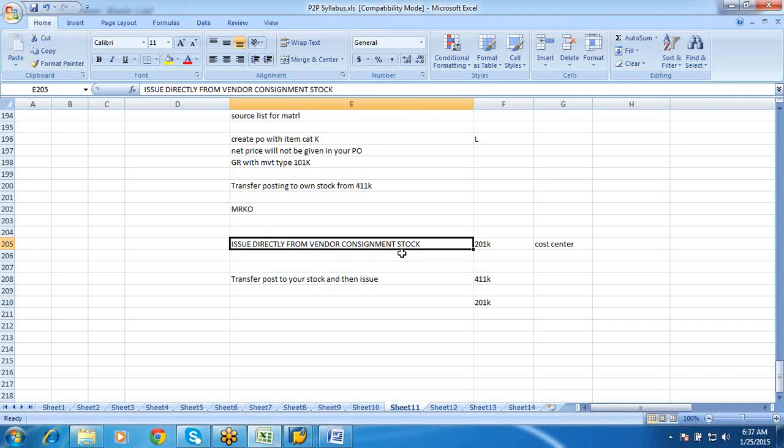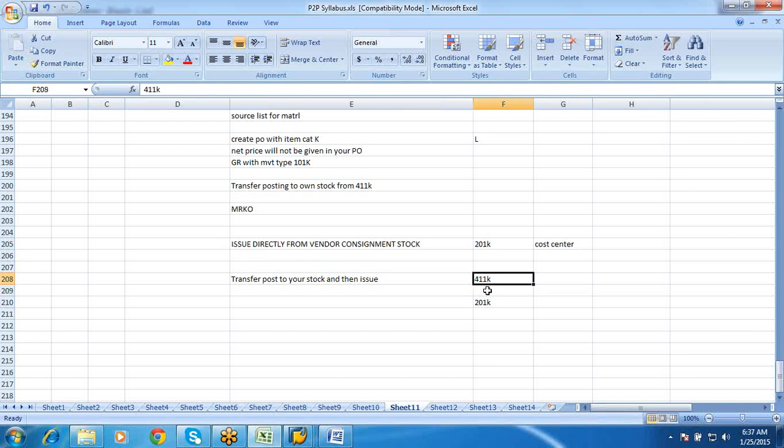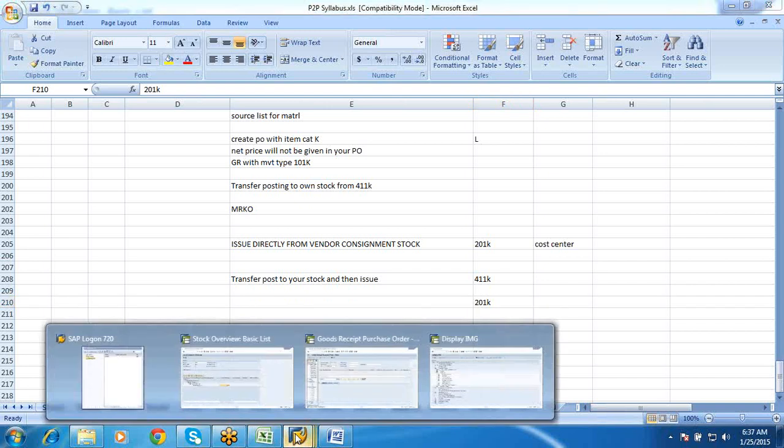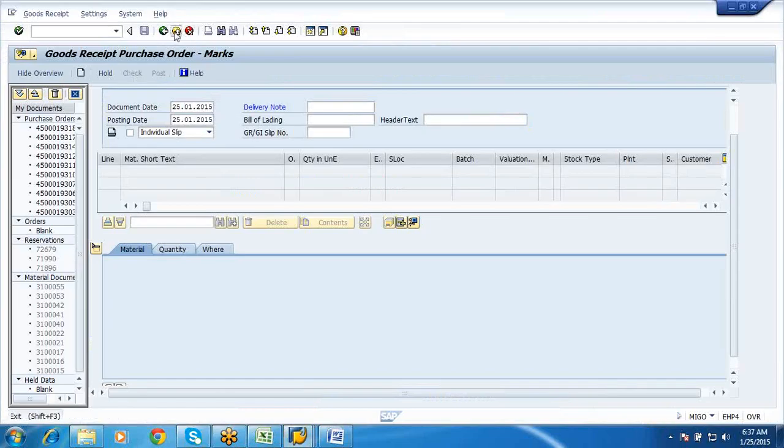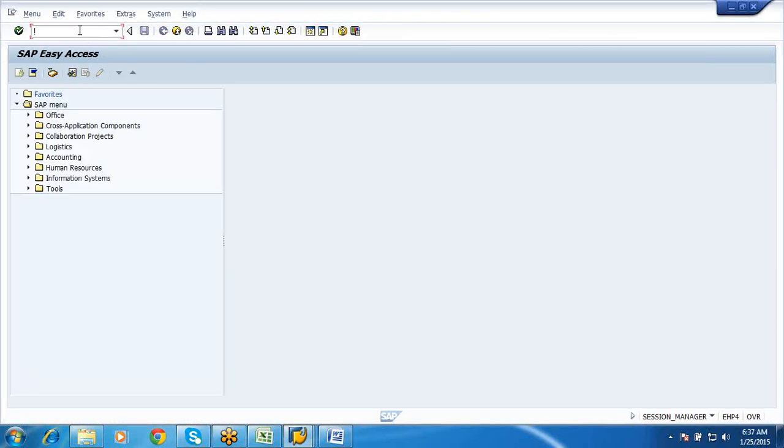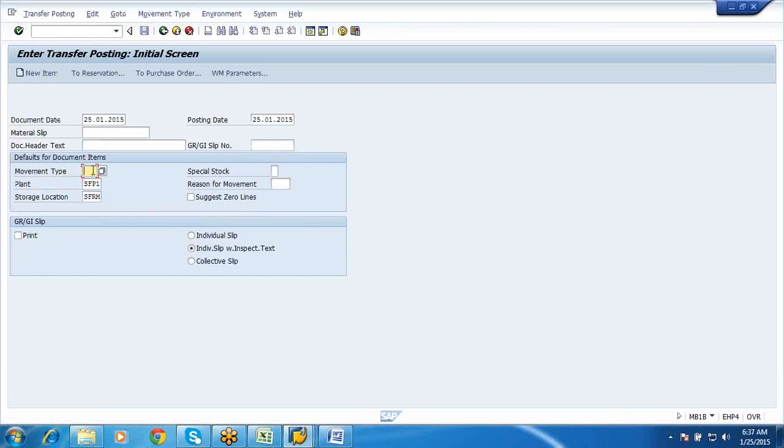Now what we'll do is follow the second step, because this covers both transferring it to my own stock and then issuing it. So it's MB1B transfer posting.